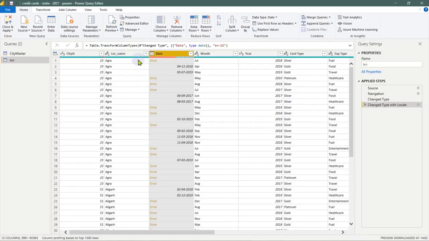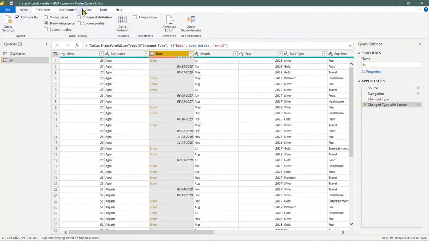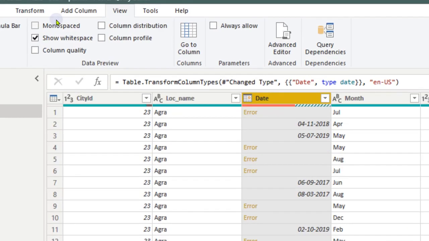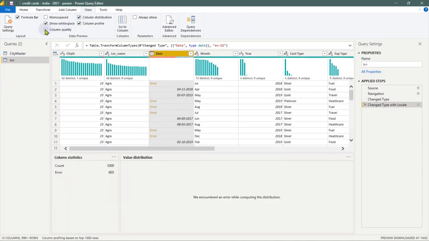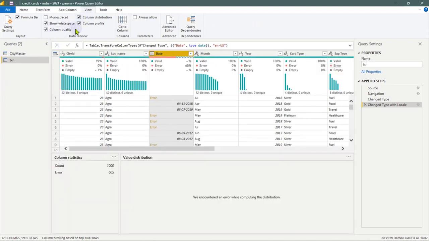How do we get those? By default, it may not be visible. So you go to view, and in view, we have multiple things. Monospace is just a non-proportional font, column profile, column quality, column distribution. Ideally, if the data is unfamiliar and you are doing it for the first time for every piece of data, you should definitely have it open. So for every column, it gives you a histogram kind of thing, showing distinct values